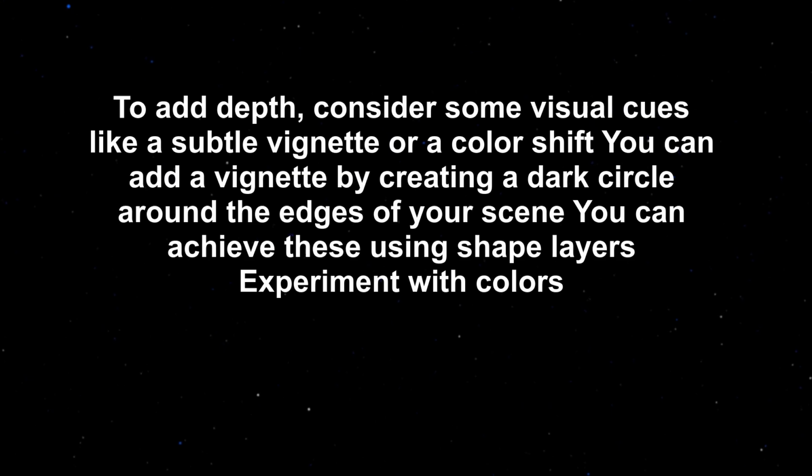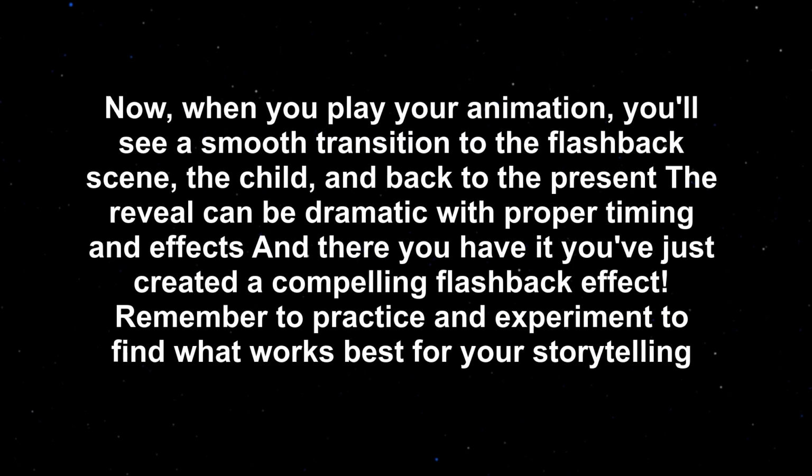To add depth, consider some visual cues like a subtle vignette or a color shift. You can add a vignette by creating a dark circle around the edges of your scene. You can achieve these using shape layers. Experiment with colors. Now, when you play your animation, you'll see a smooth transition to the flashback scene, the child,